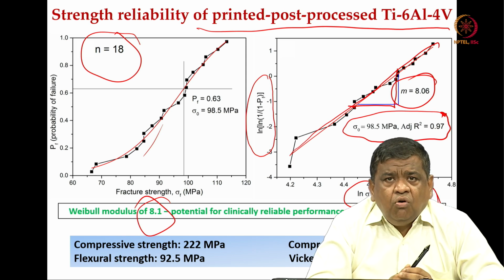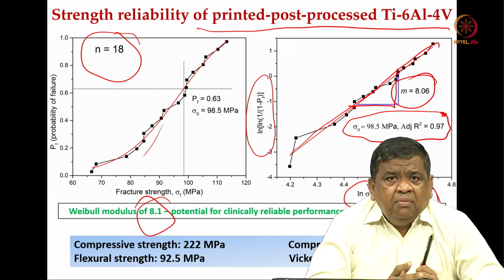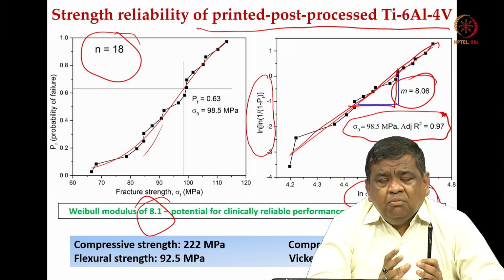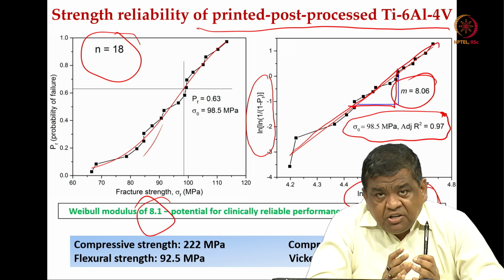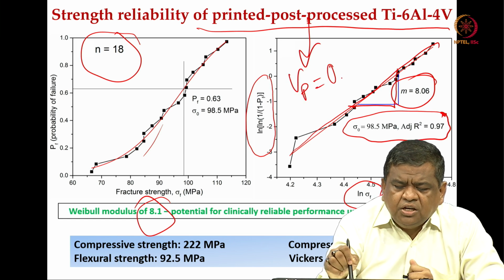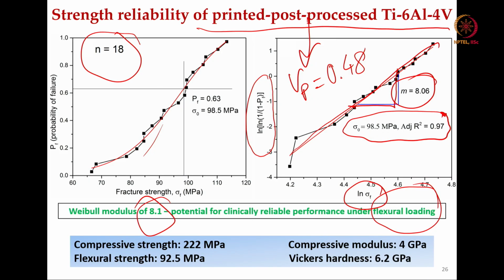So, like 3 or 4, if it goes to zirconia and all, it can improve, but the Weibull modulus for many ceramics is not above 10. When the Ti6Al4V is a metal but contains sufficient porosity, if you remember, this particular material has a volume fraction of porosity of 0.28, that means 28% porosity. The Weibull modulus is 8.1, which is quite good, quite acceptable in this particular case.